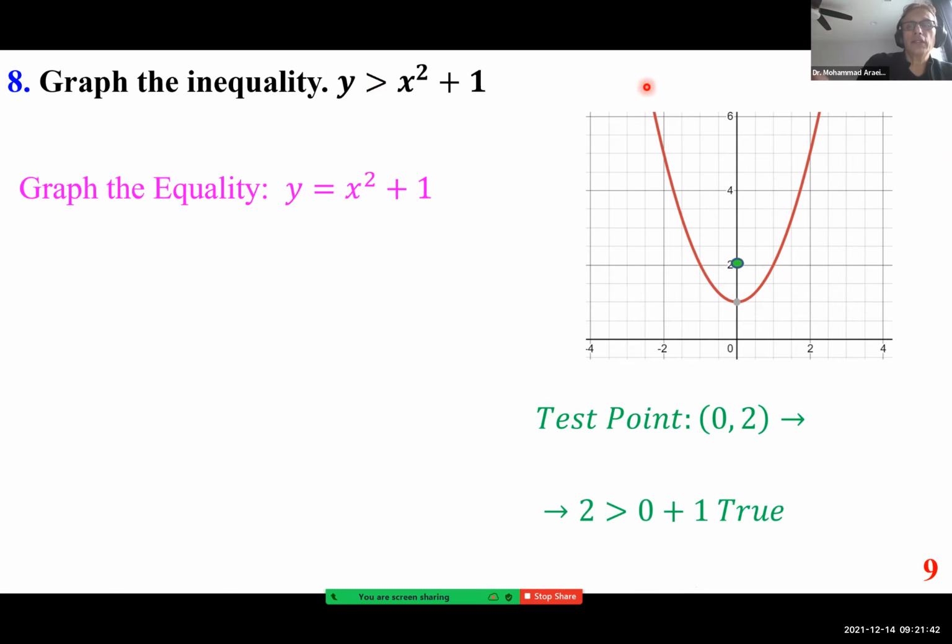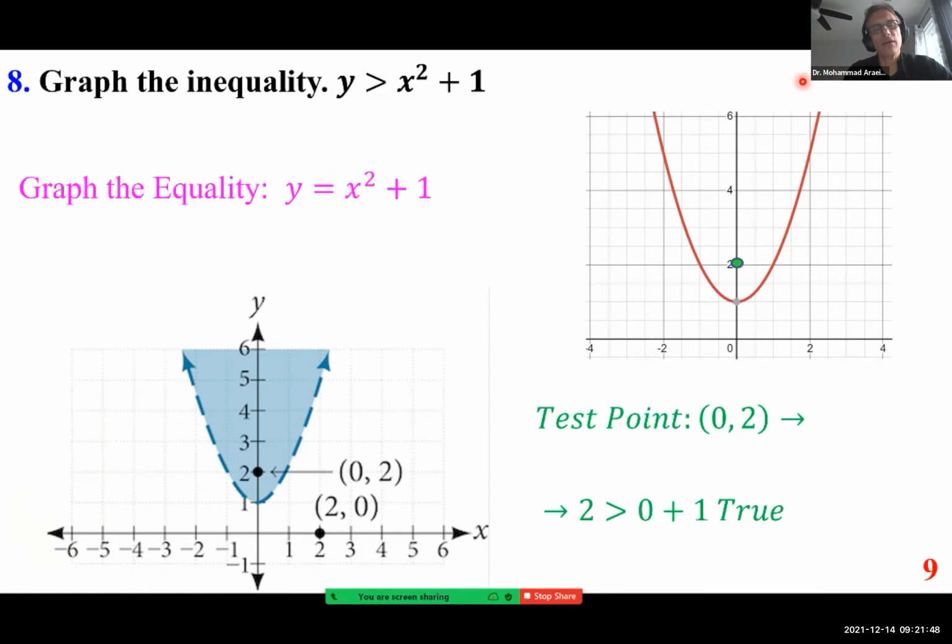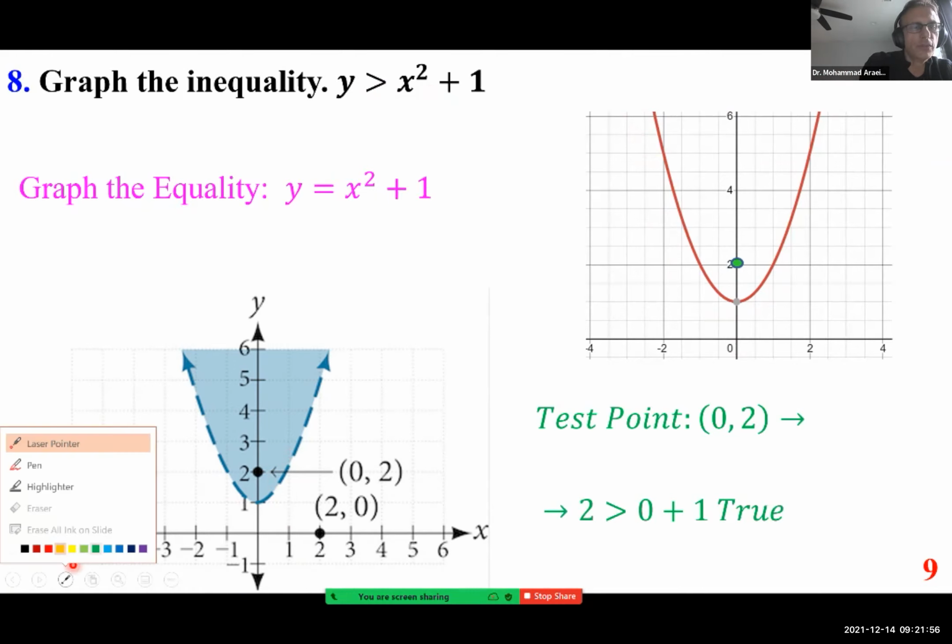If you have the equality, this is solid, but we don't have an equality. So it's dashed. So this is how you graph it. It is dashed, and this is a test point, or you can test 0, 0 and put it in. And again, I quickly show you if we did